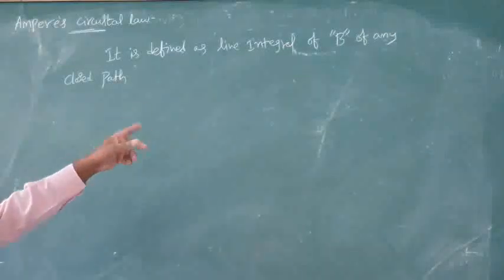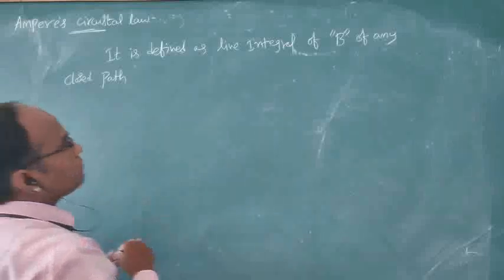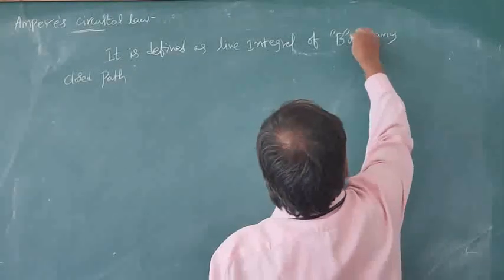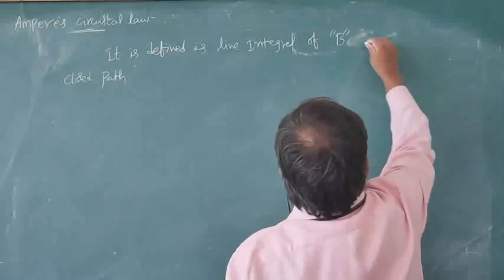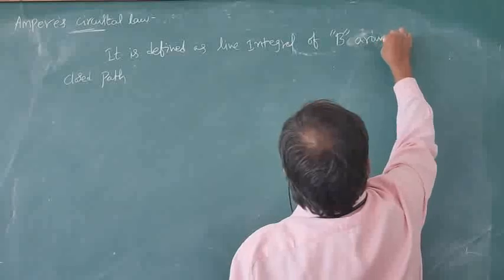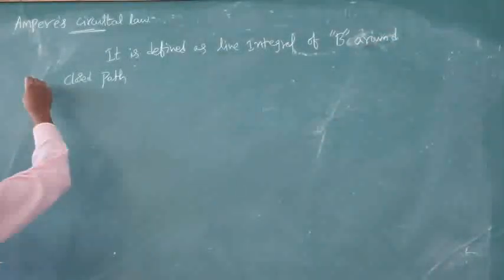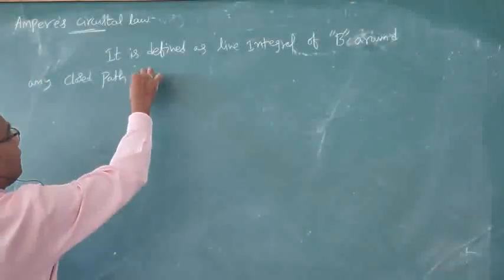It is defined as the line integral of the magnetic field around any closed path in free space